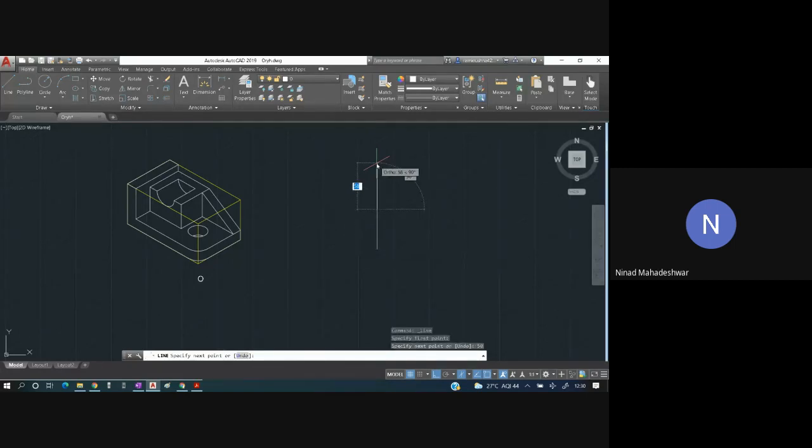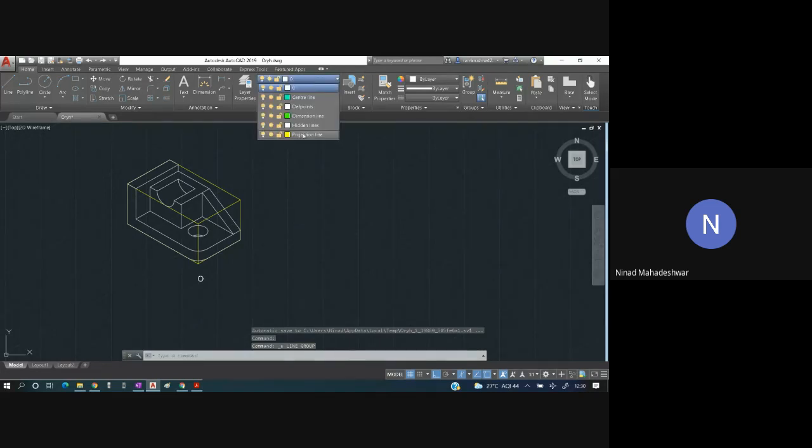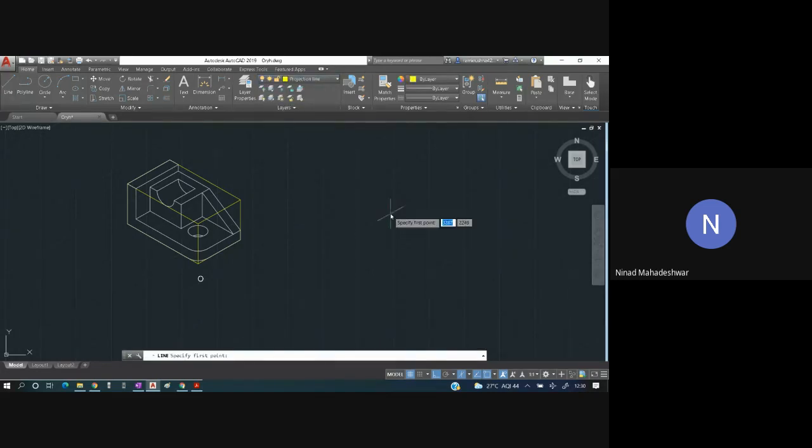Next, the length of this part should be 100. Then the breadth of this part should be 60.